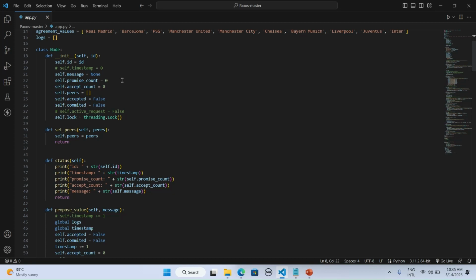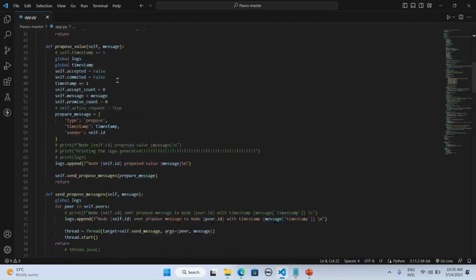The status method prints the node's current status, including the ID, timestamp, promise count, accept count, and message. The propose value method is used to propose a new value to the system. It generates a new timestamp, sets the node's message to the proposed value, then sends the proposed message to all its peers. The send proposed message method sends the proposed message to each of the node's peers.